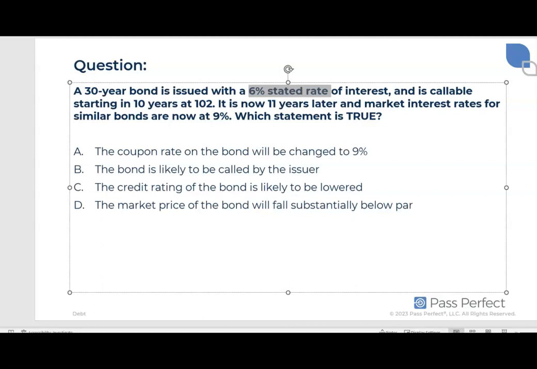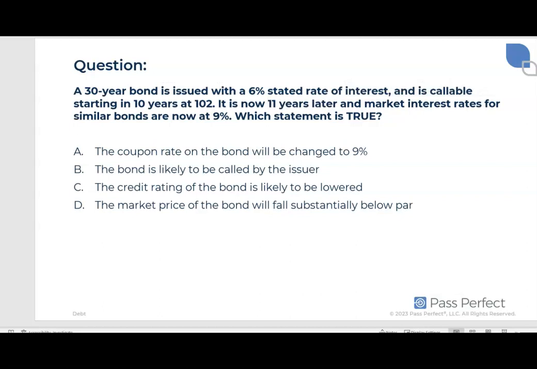It also says it's callable starting in 10 years at 102. It's now 11 years later, which what does that mean? The bond is now callable, right? They can now cash out the bonds from the investor. See that 10 years right there? That's called call protection,